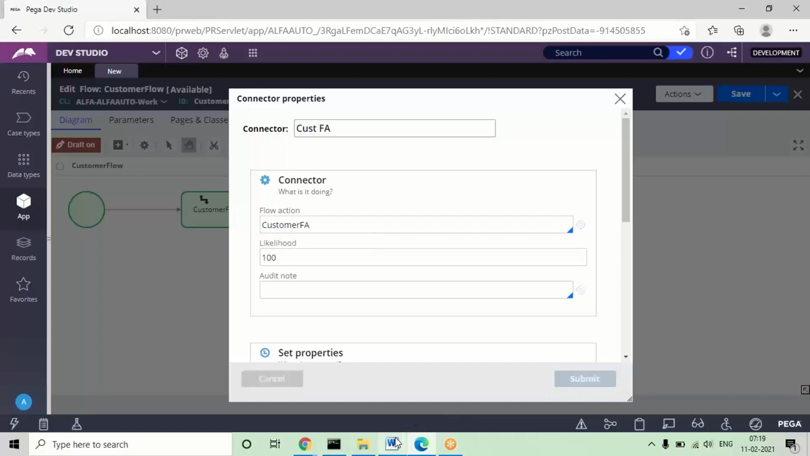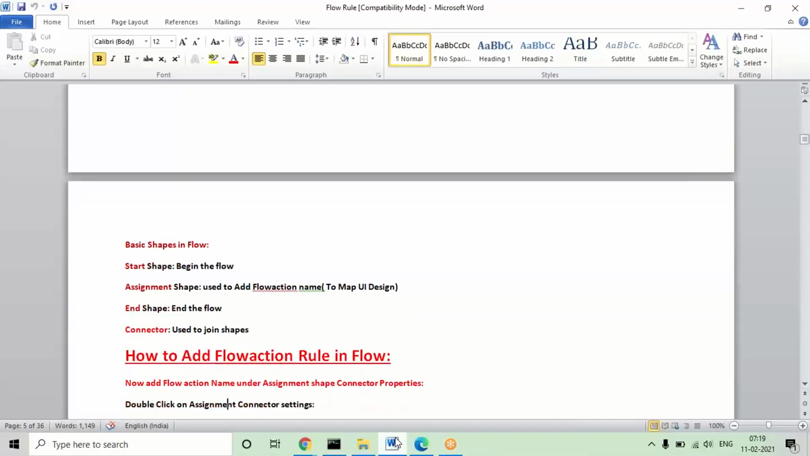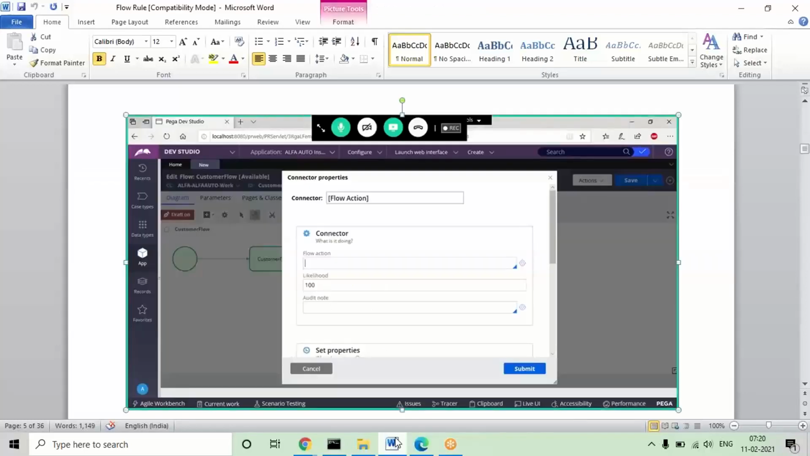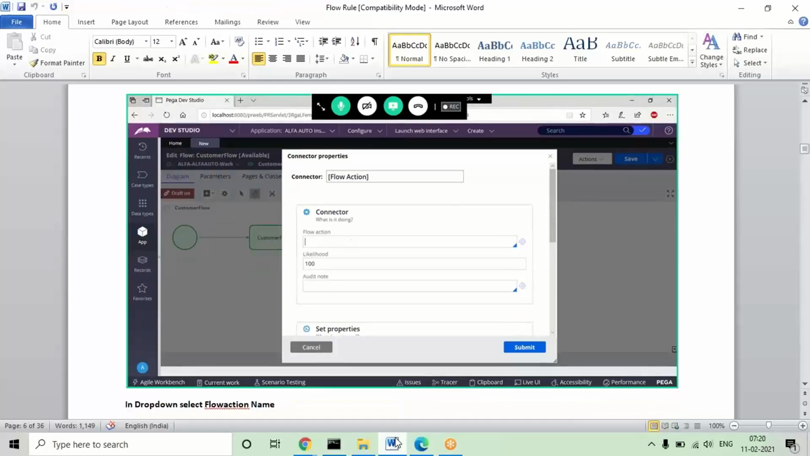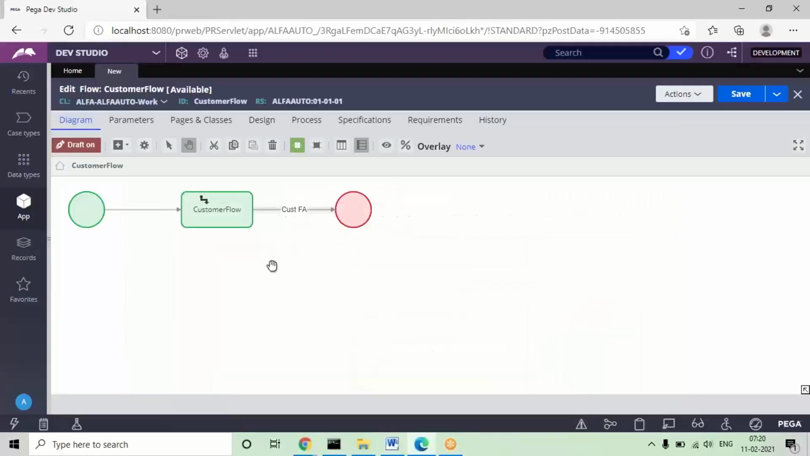So once again I'll quickly repeat. Once we open the flow, the main thing is that in this design we are going to map our UI design. The UI design will be created using a section only, but when mapping in the flow, we can map only through the flagship, because a section cannot be called directly in the flow. When you give the flagship name in the connector settings, see, in Pega, directly only a few rules will be mapped in the flow, but indirectly every rule we create in the application will be added in the flow. Because see, if you add this flagship